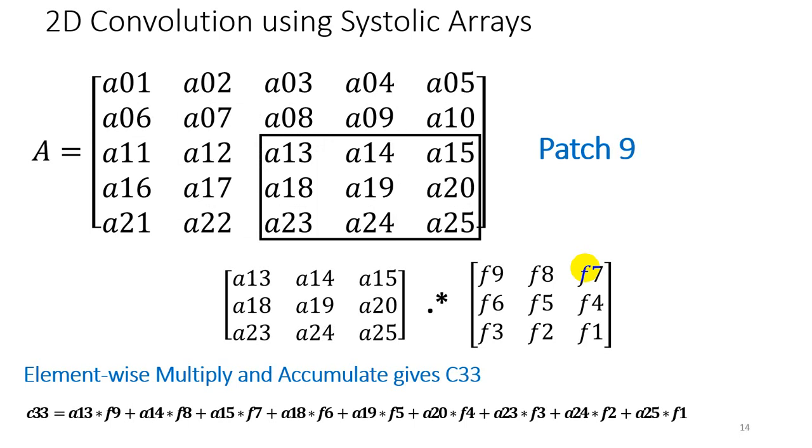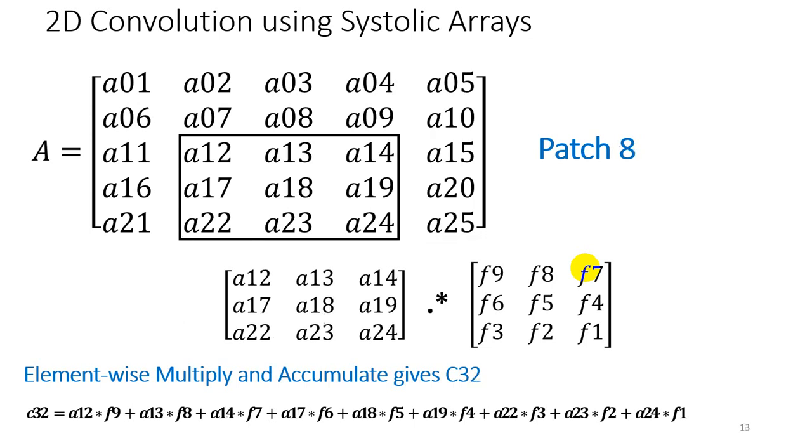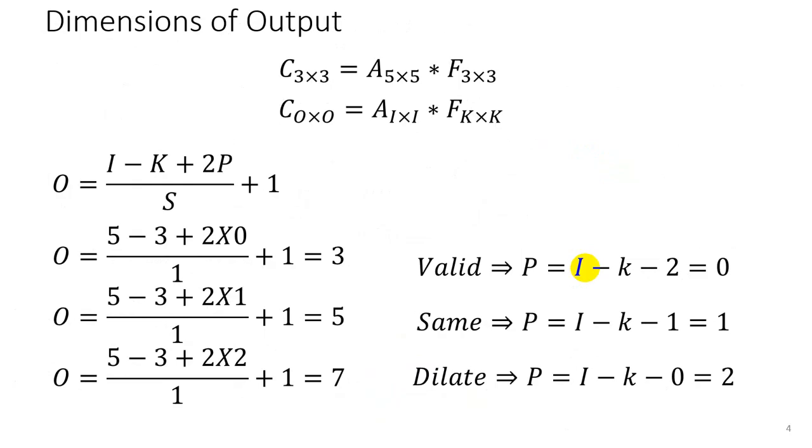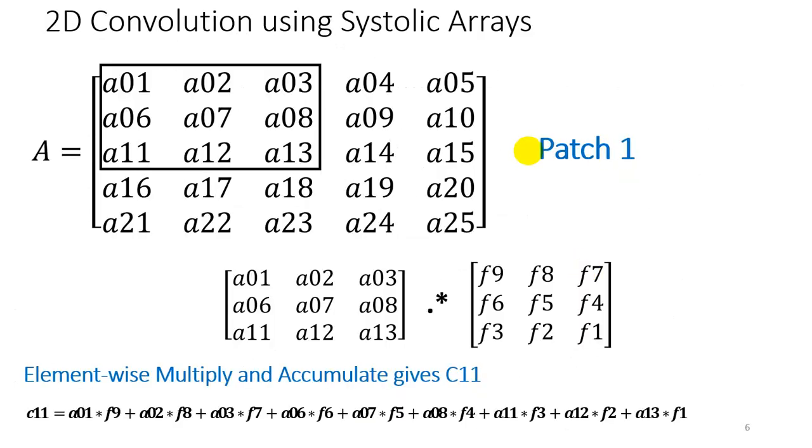So this is a basic example of 2D convolution. In case of other types of convolution, this is a valid type of convolution. If we are moving towards the same convolution type, we will just pad this matrix with one layer of zeros on the whole box, and we will start convolving the input from this patch, and we will move it from left to right in this way.